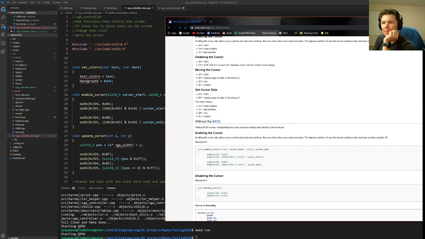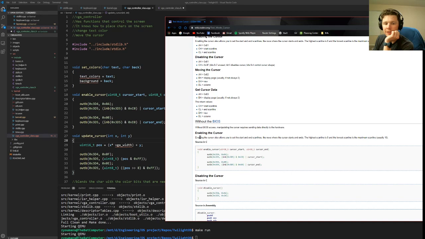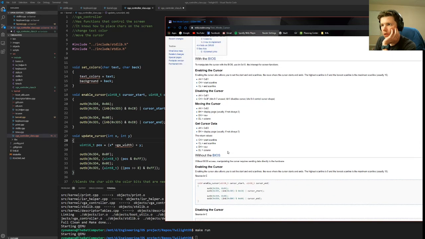Yeah, this was copy and pasty, and I don't like that, so I'm going to try and reason my way through it so I can make it not copy and pasty, so I can understand exactly what it's doing. Like I said, this is my first implementation of anything besides a booting kernel function or a booting main function, so I was still learning a lot at this point. So enabling the cursor allows you to set the start and